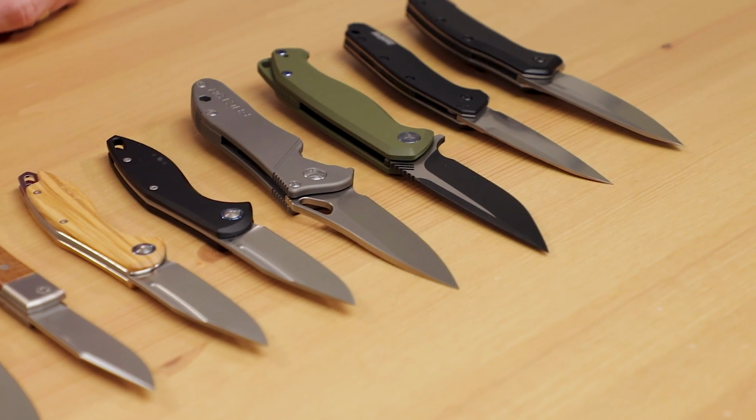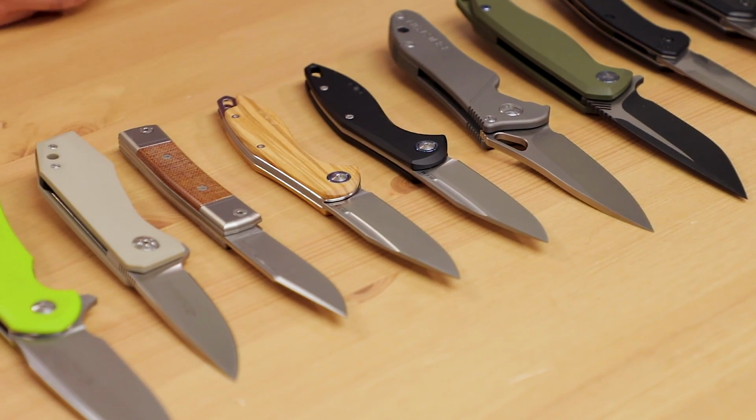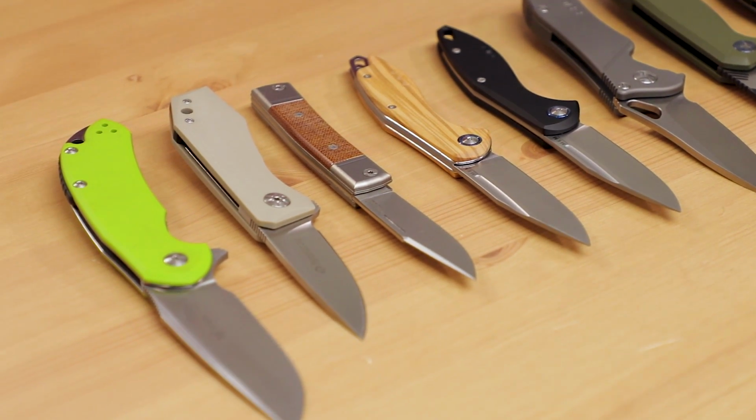knives. Now given all of these strong traits, M390 typically comes with a pretty high price, but there are some great knives out there with this steel that can be had for less than $150. Certainly not cheap, but definitely an attainable amount. Now in the price point we're looking at, M390 is heavily associated with Italian-made knives, so that's where we're going